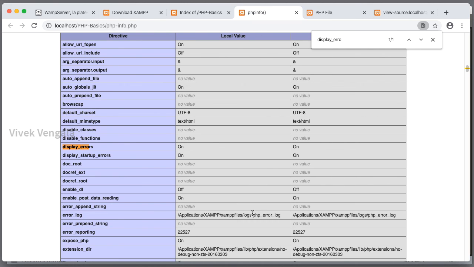Here you can see this error log file. Anyone can see this path and try to access this file if they know some server hacking tricks. So don't put this file on the server. It's a security risk. If you want, you can check it with a different name, and after checking the server configuration, just delete this file. That's all you have to do.